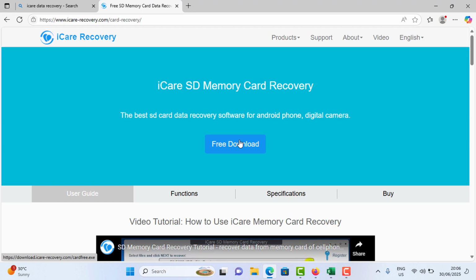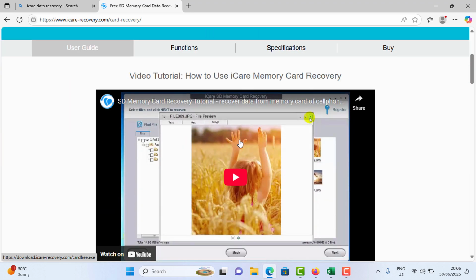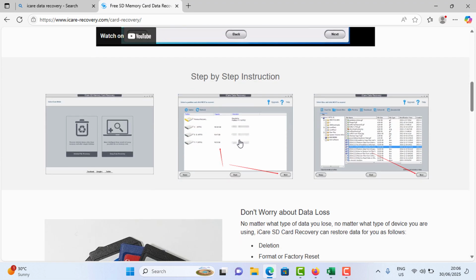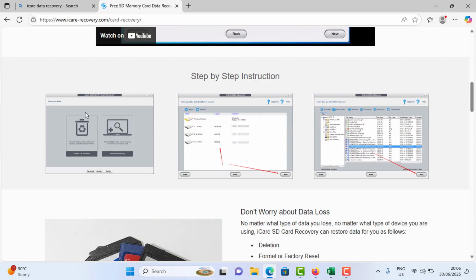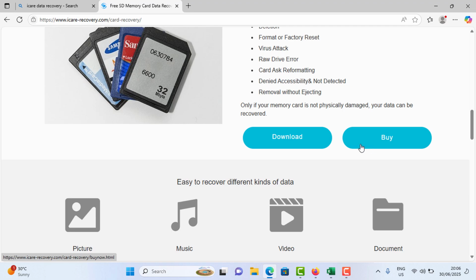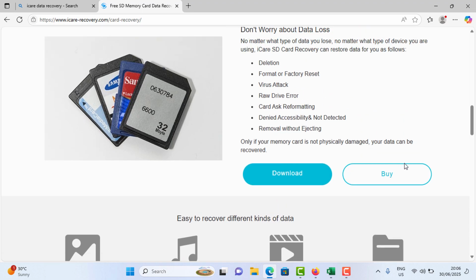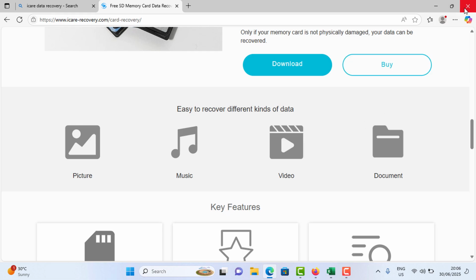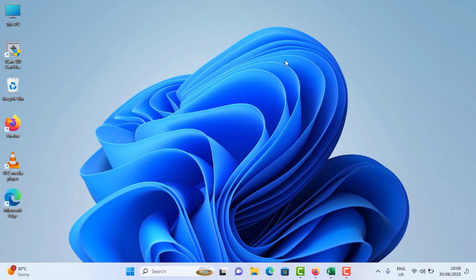Once it is downloaded, you can install that one. There are guidelines also in here how to use that one. So you can see this is the initial window and this is how to step by step instruction. So you can find the recovery data from here. Okay, and they have a paid version also. It has more capabilities. Okay, so once you downloaded it, you can simply install by just tap on next button